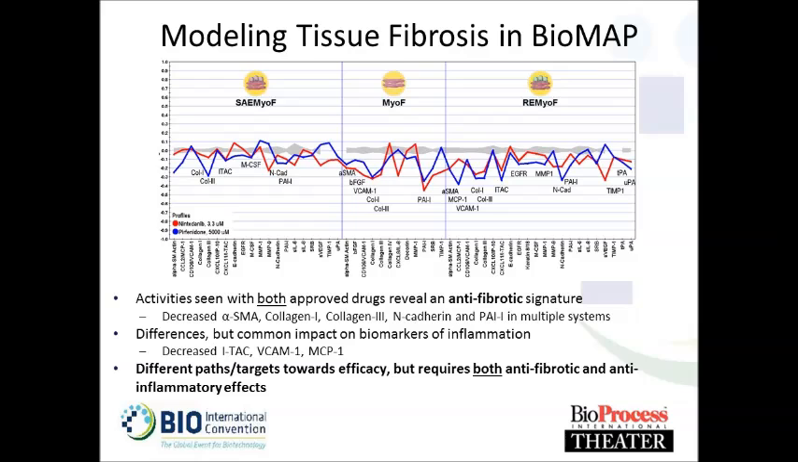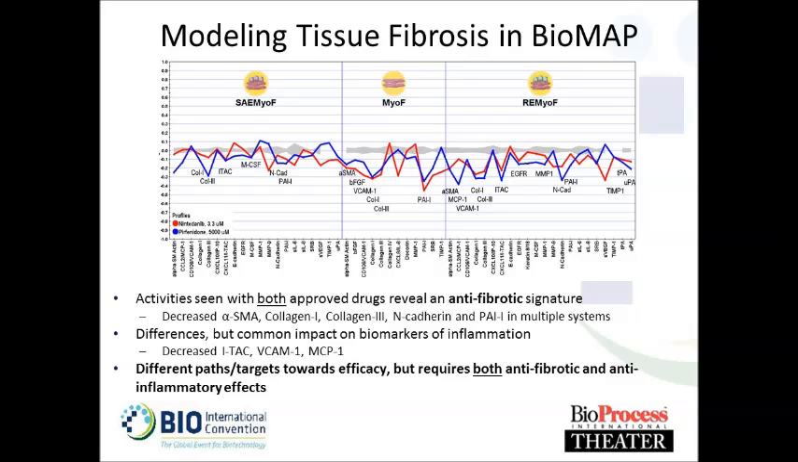The data is shown here. What we're looking at is Nintedanib at 3 micromolar, this profile in red, Pirfenidone at 5 millimolar in blue. And again, the y-axis is the log ratio of drug to DMSO control. So any increase or decrease that falls outside of this gray shaded area are biomarker changes that reflect specific drug-induced biomarker changes. What we're showing here is that activities seen, in both cases, right, reveal an